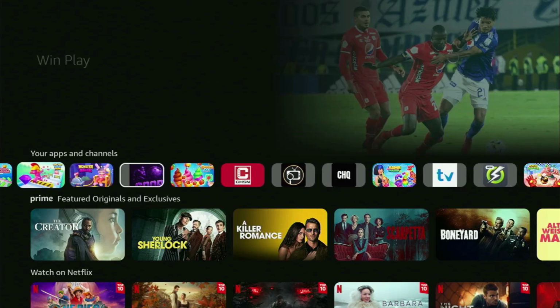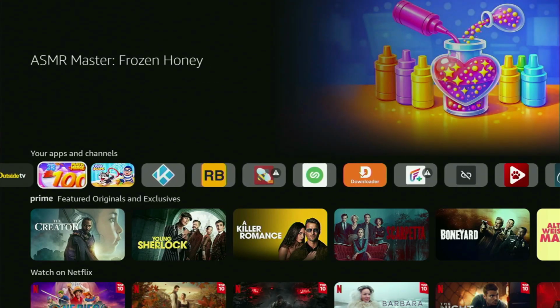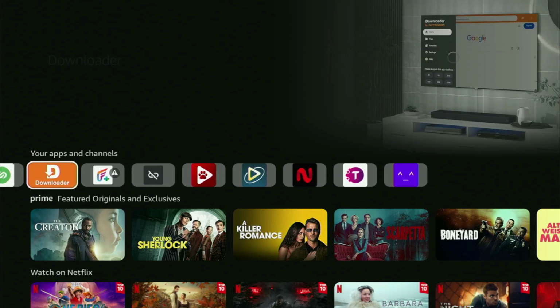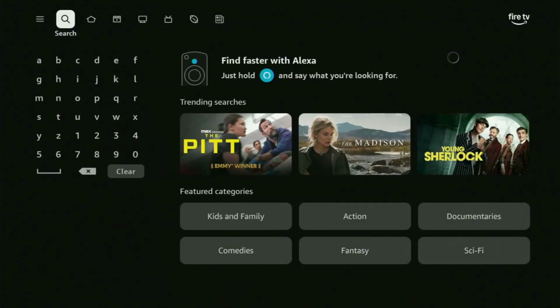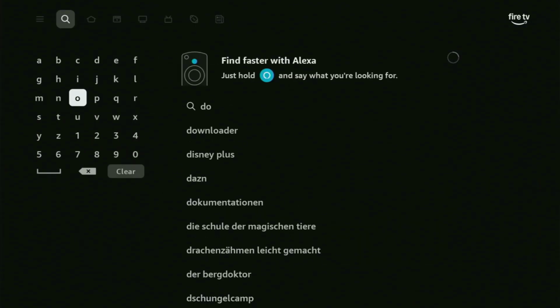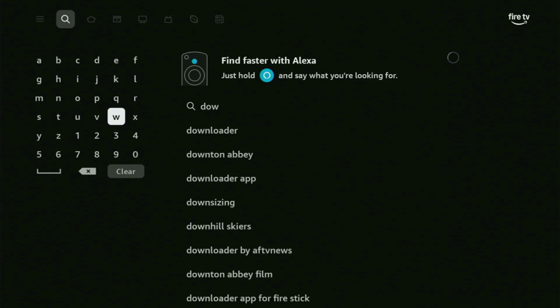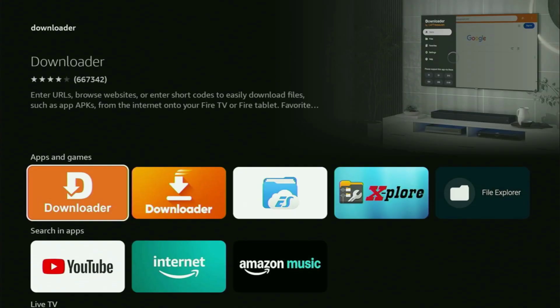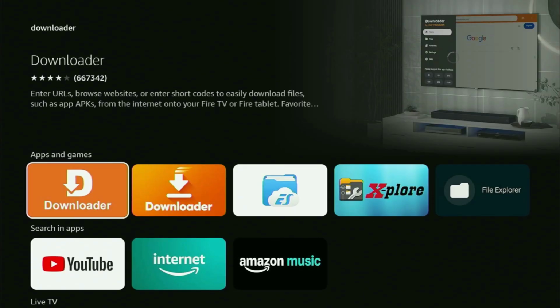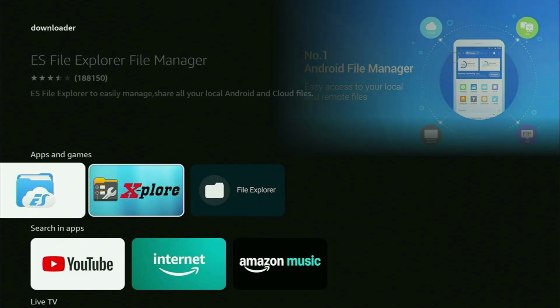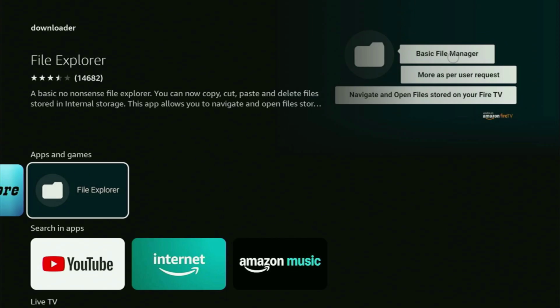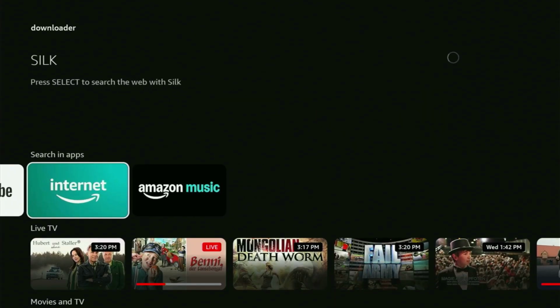So the very first step is getting the app called Downloader to the Fire Stick. You can get it totally for free. Just go to search on your device, open the search bar and start entering downloader in here. And as you can see, Downloader has already popped out for me at the bottom. You'll click on it, and there's that orange app, which you'll need to get. But after you got Downloader, it is not over yet, because we still have to set it up before using